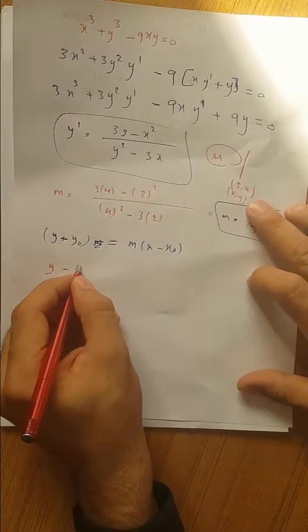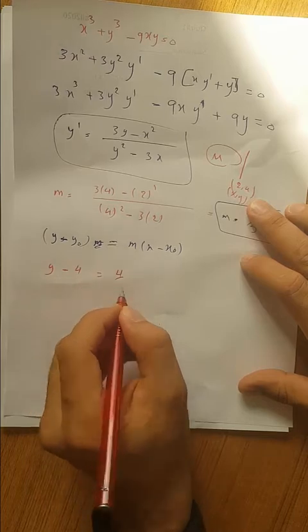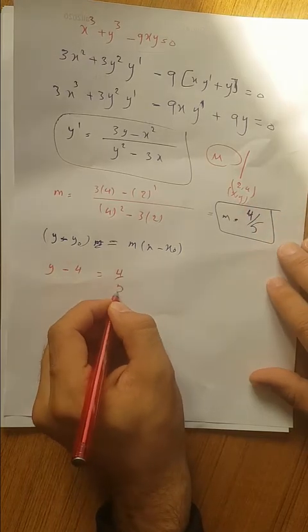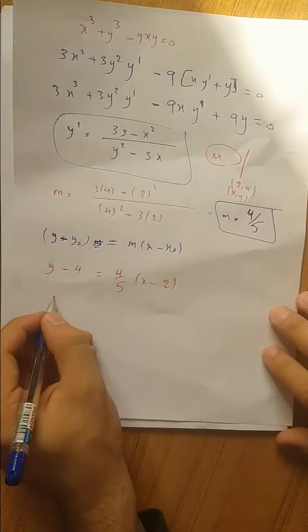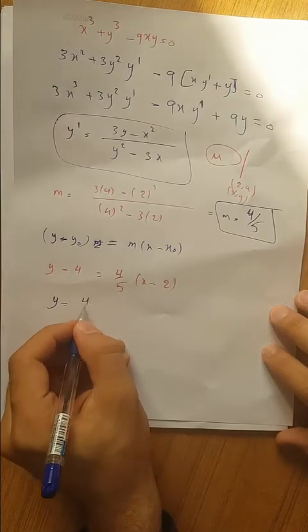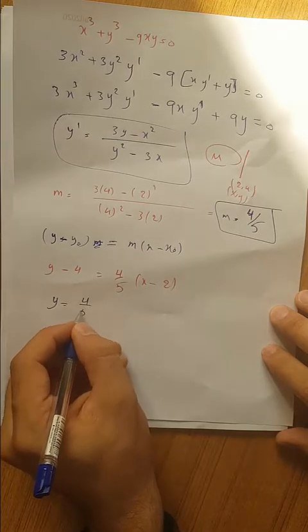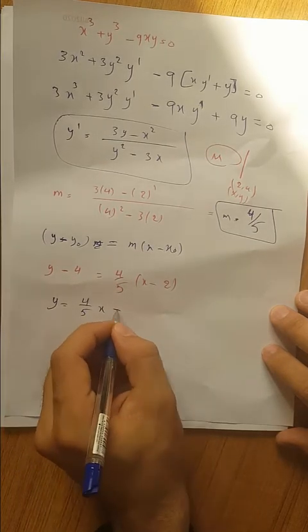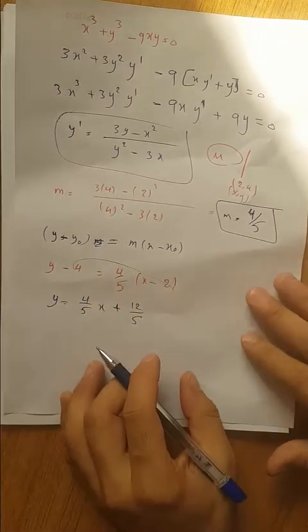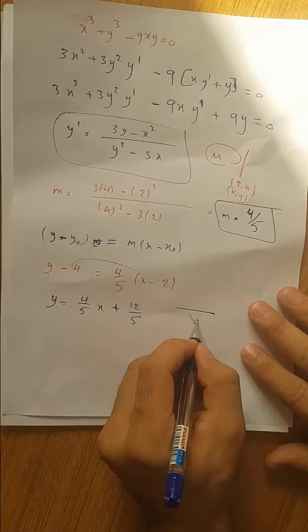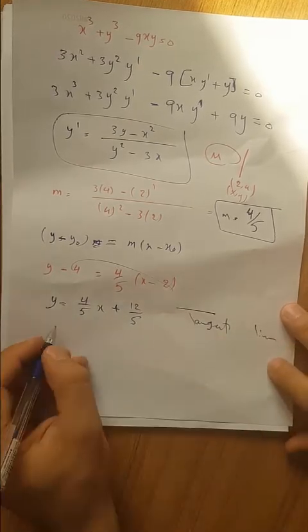So here y minus 4, since y naught is 4, is equal to m times x minus x naught, and here's the tangent line. The tangent line will be x minus or plus 12 over 5 after bringing this one and finding the common denominator. So this is the tangent line. For the normal line,